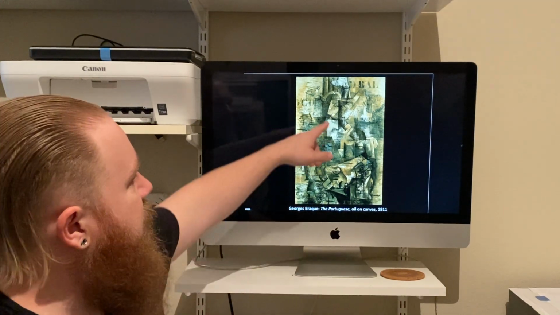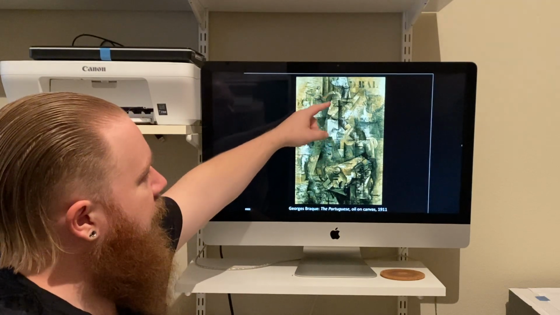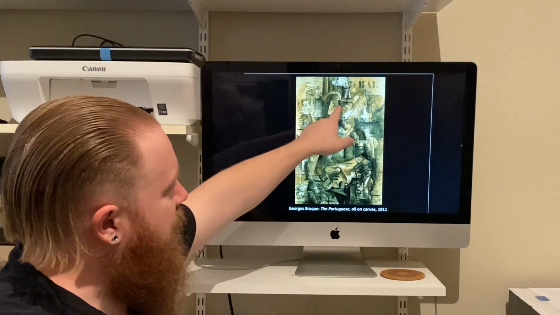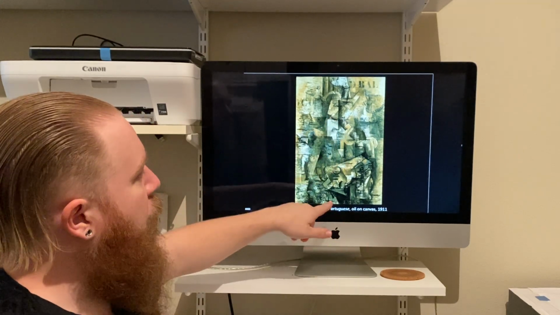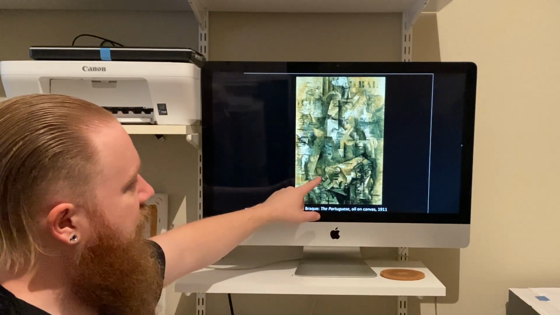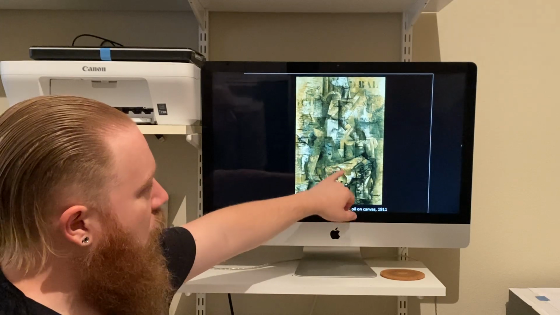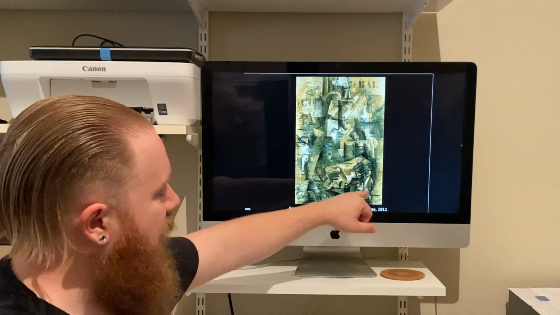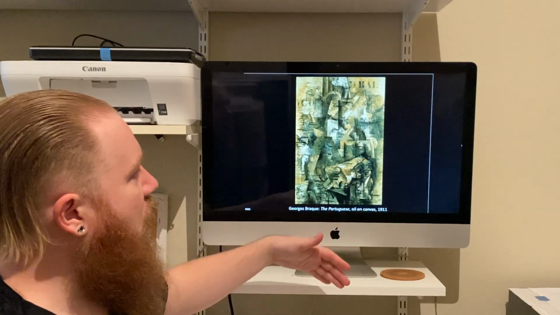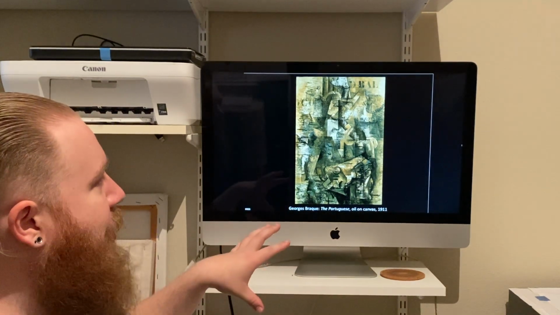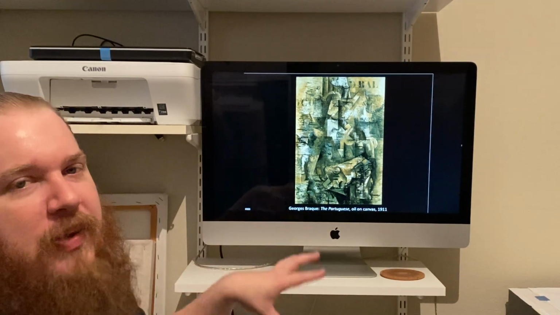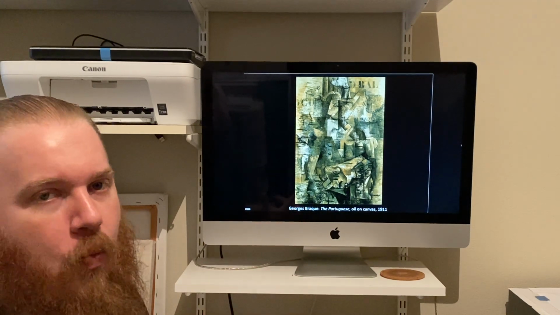And so if we look, we can see his head up here, so we can kind of see references to eyes, his nose, a mustache. But if we look down here, we can see a reference to the guitar. So we can see the sound hole, the strings kind of overlaying it, the neck of the guitar, etc., etc. But once again, it's meant to try to represent all different aspects or viewpoints of this subject at one time.